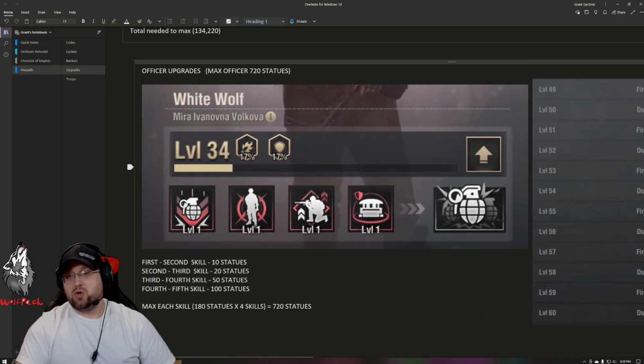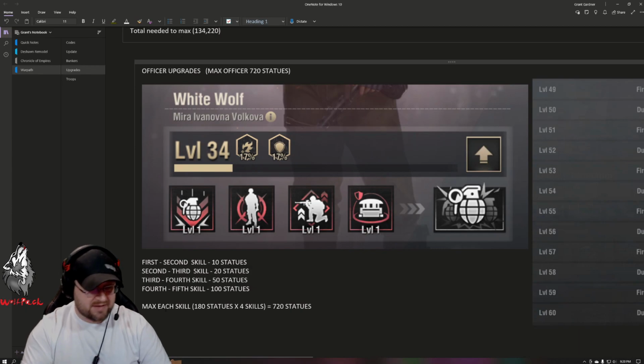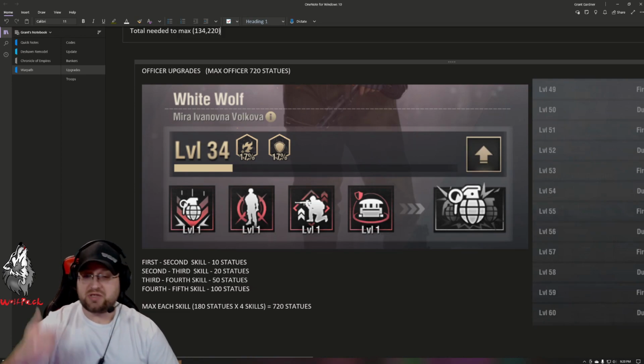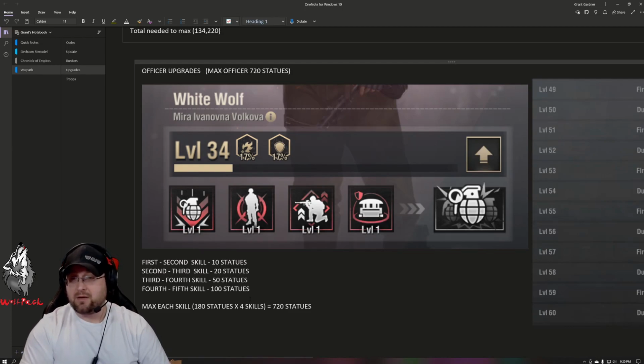However, the skills, you have 4 of them, and those 4 skills can be upgraded 5 times. So why is that relevant? Well, the first to second skill is 10 statues. The second to the third skill is 20 statues. The third to the fourth skill is 50 statues. The fourth to the fifth skill is 100 statues. And each max skill is 180 statues. So it takes 180 statues just to get one of them maxed out to 5. And then you have 4 of them. So that is a total of 720 statues that are needed to upgrade these